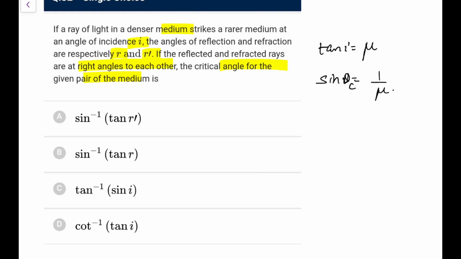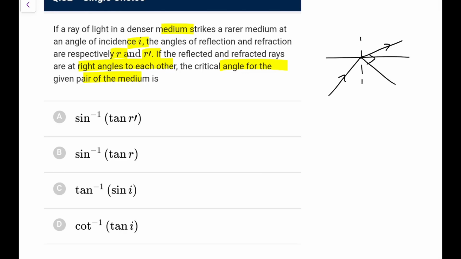Let me write it in better terms, because there might be some inverse factor that might mislead you. It is from a denser to a rarer medium. So it goes like this, and this angle is 90 degrees. So this is I, this is I also, so this will be 90 minus I. So we can write n denser into sine of I would be equal to n rarer into cos of I. So n denser upon n rarer, or nr by nd, whatever you wish, keep it here only.